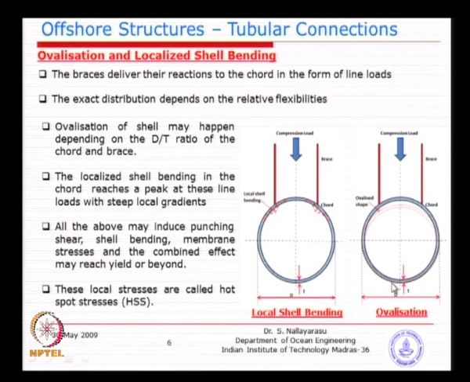So, what we need to understand now is that the total problem may not be isolated only to the chord or only to the brace; it depends on the relative stiffness of the brace member and the chord member, and that is what we are going to look at one by one. And when you have this kind of bending, for example, a load here and a bending like this, the bending moment will develop locally, and you may have a local bending stress which can be substantially larger than the actual stress produced by the load itself, because we made the plate thickness so small. So, it is basically bending here, and that is the kind of information we are looking at.